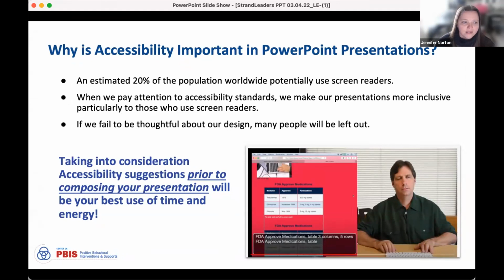What I'll go over is by no means all inclusive. It's just some of the things that I see a lot as I work with presenter PowerPoints. So I thought just going over a few things would get us started thinking about when you design a PowerPoint for your presentation. So we'll be specifically talking about accessibility in PowerPoints